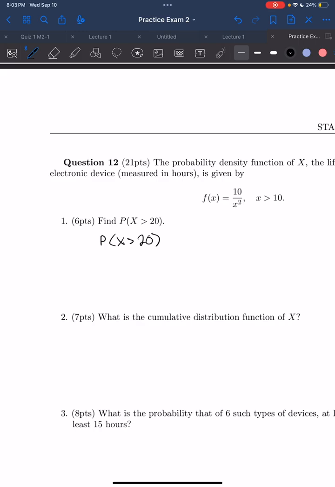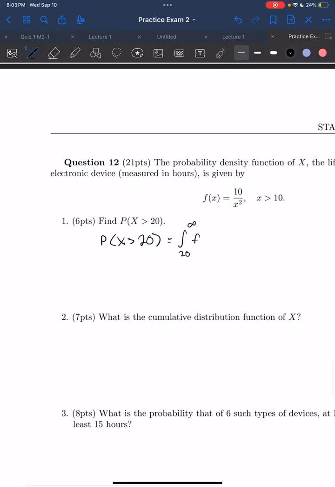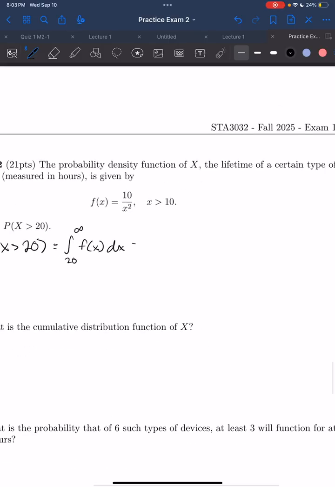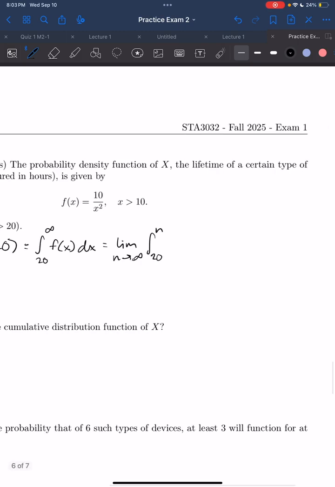So here we need to find the integral from 20 to infinity of our function f of x dx. And since it's going to infinity, we can use limits. So we can do the limit as n goes to infinity of the integral from 20 to n of 10